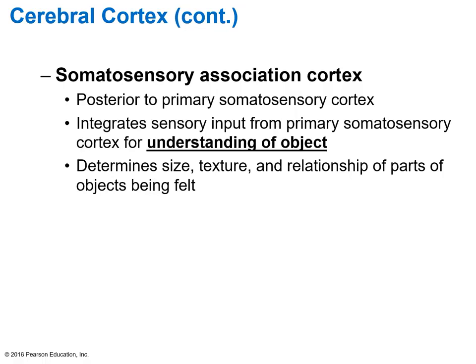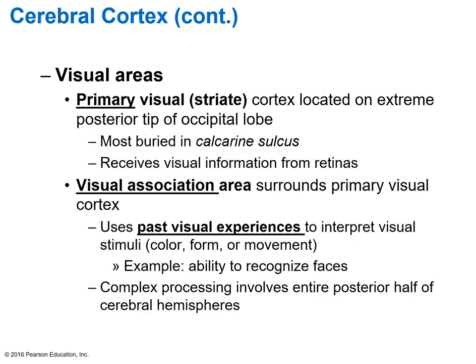Understanding of seeing an object, say, and understanding what that object is, being able to determine what's the size of it, what's the texture of it, if you're seeing several different objects, the relationship of one to another, that's going to be occurring in your association cortex areas. Relationship of parts of objects that you're feeling. Is this hard? Is it soft? Oh, this is softer than that one. Visual areas,